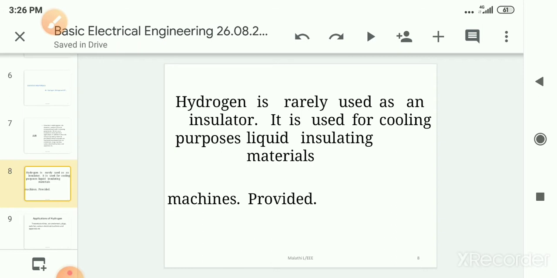At normal room temperature and pressure, it is colorless, odorless, and tasteless, and it reacts with oxygen to form water. We all know about water. Its chemical formula is H2O. And hydrogen peroxide is H2O2. We use hydrogen peroxide in many applications, also to clean and in first aid treatments, to clean wounds,